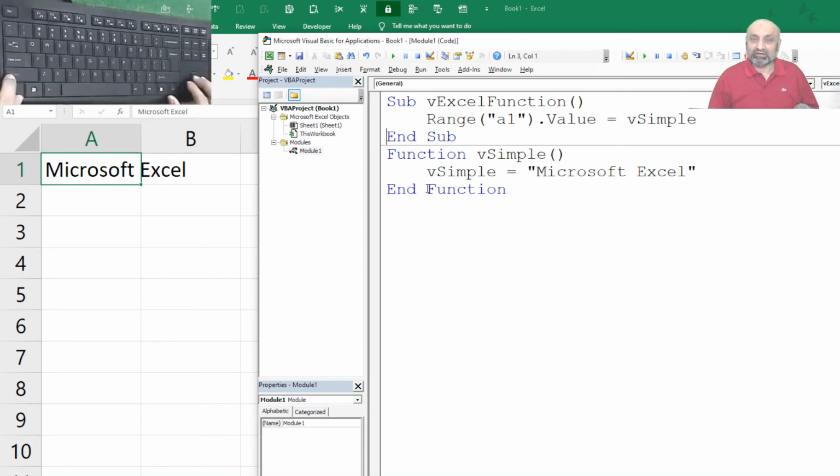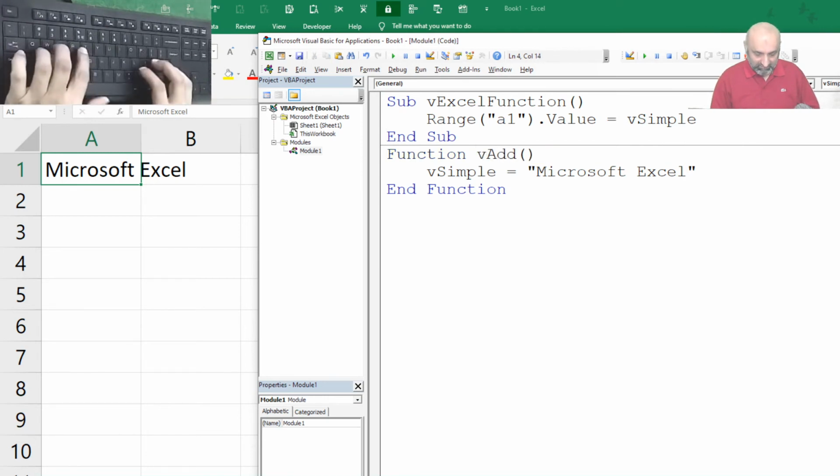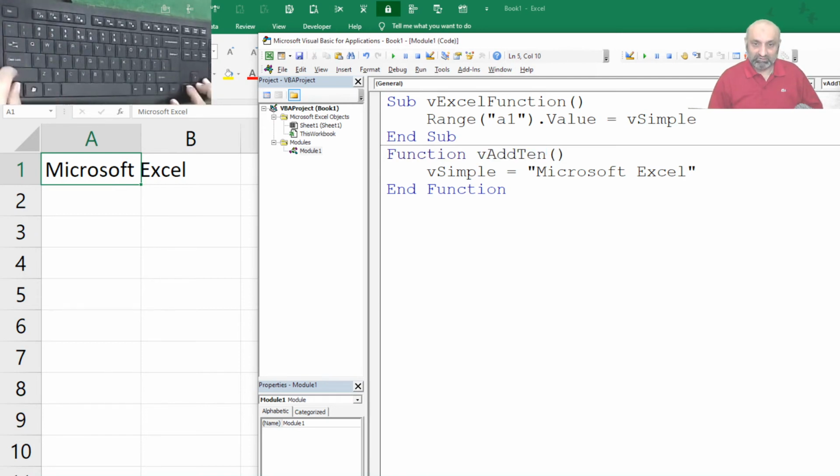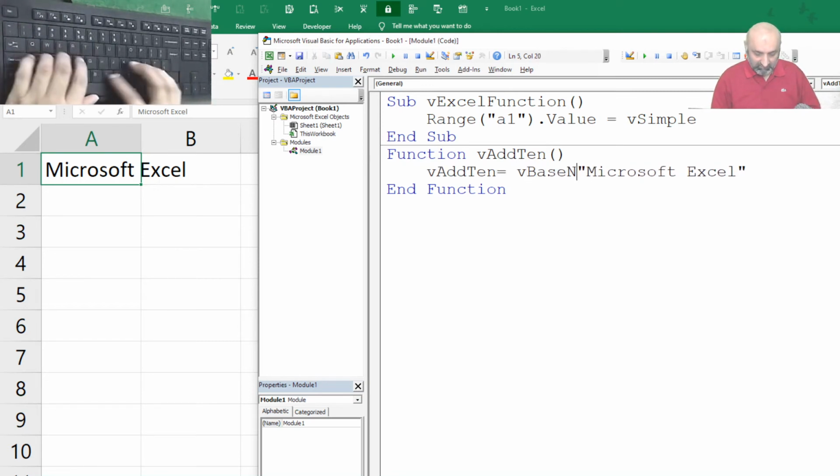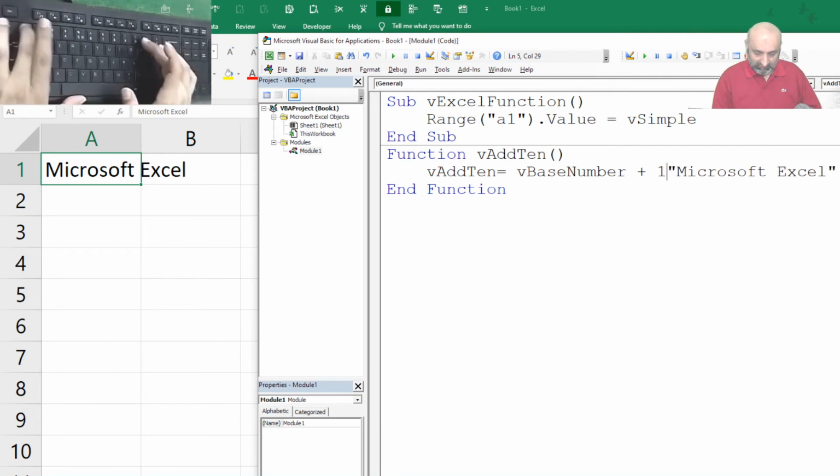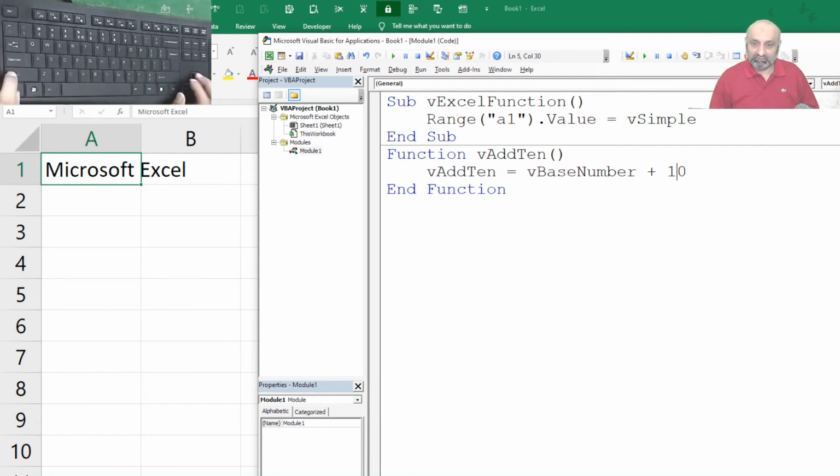Let's make it a bit more practical. Let's say we Add10, which we created last time, and Add10 is equal to whatever the base number is, just add 10 to it. We need to receive this number whenever this function is called. So how to receive? We have to define this variable within the round brackets.